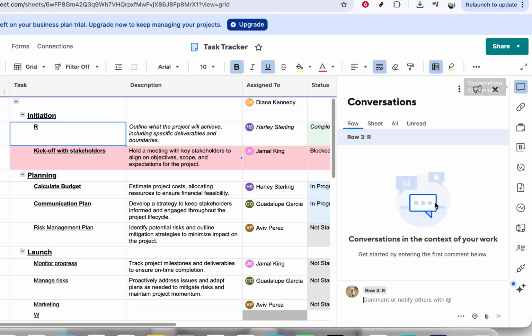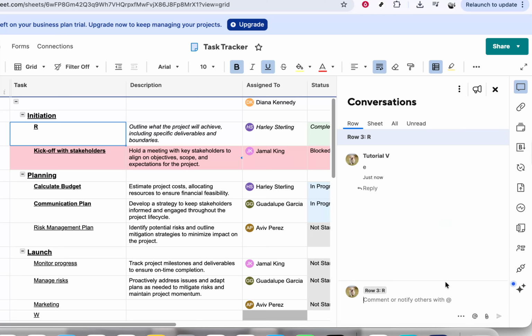If you don't want to click directly inside the cell, there's another convenient way to access conversations. Look over to the right side of your Smartsheet window. You'll see a vertical